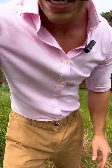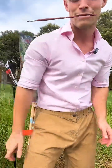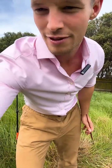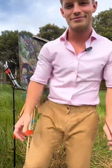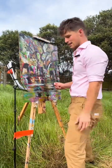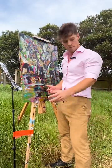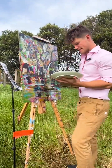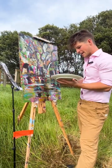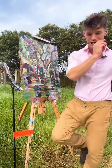I've got this iPad here doing its thing. It's taking a time lapse because I think time lapses are cool. There we go. Right. Back to where we were. What were we doing? We were painting. That's right. Here we go. Right, I'm going to swap off that black now. Get a little bit more through it, but swap off the black and we're going to move...